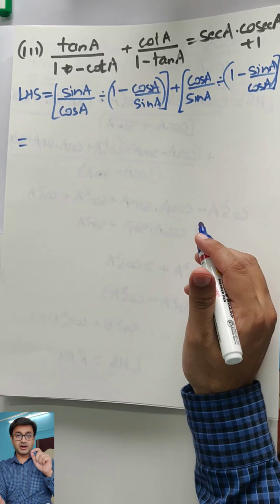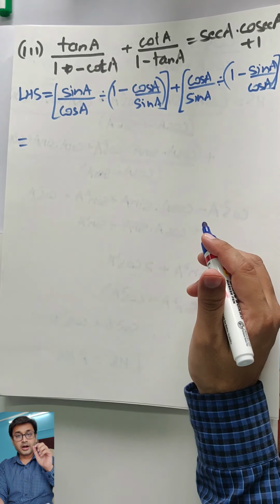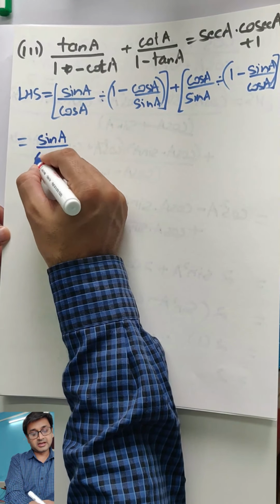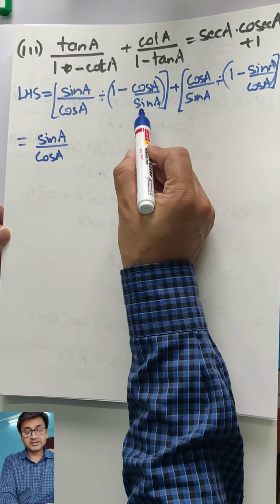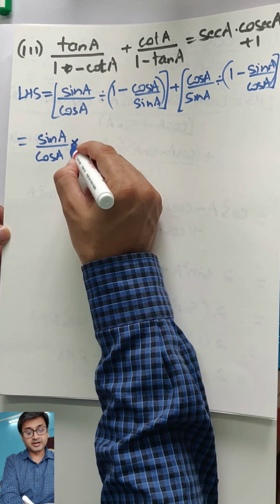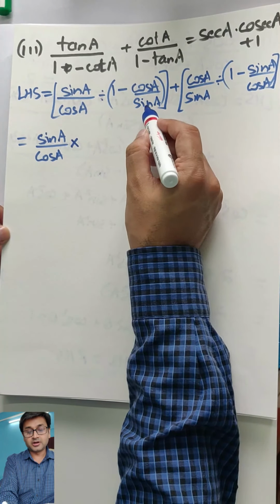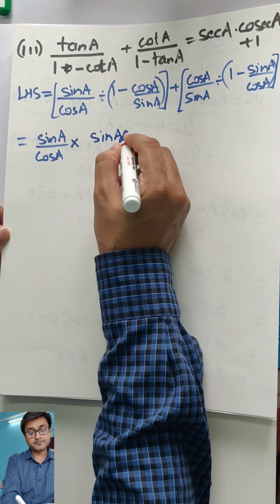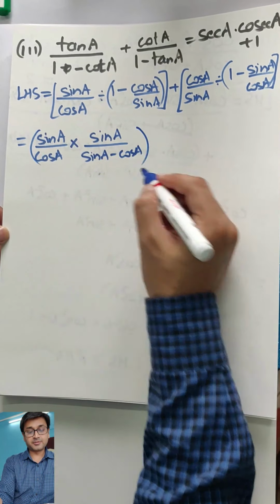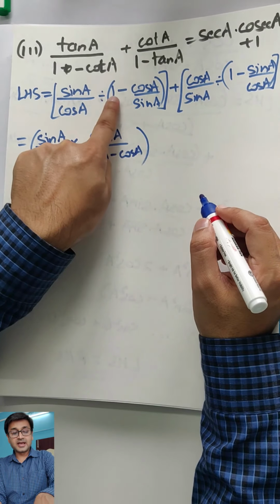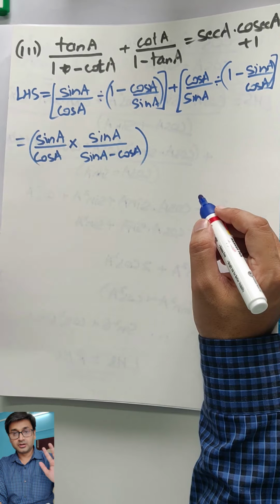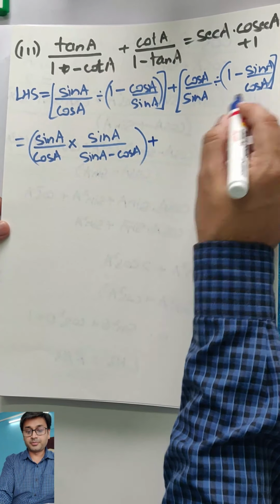Let us do it very systematically with complete focus from here. 100% you will not mess up, okay, if you are focused. So sin a upon cos a. Here I'll take the LCM. So I'll have sin minus cos and then reciprocal because I'll write multiply. So I'm writing multiply. Sin minus cos will come down and sin will go on top. So I'll get sin a upon sin a minus cos a. I hope you could tackle this part. Yeah, we just skip one step. Sin a minus cos a coming down and sin a going on top because you are taking the reciprocal. Got it? Likewise for the other part also.